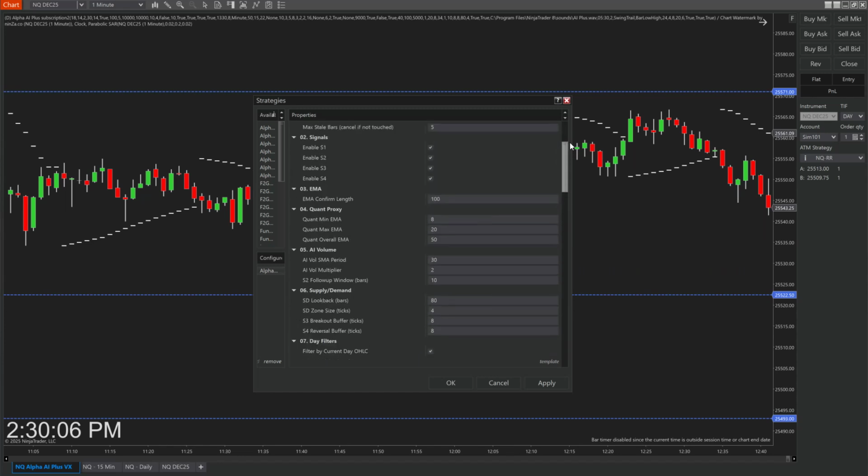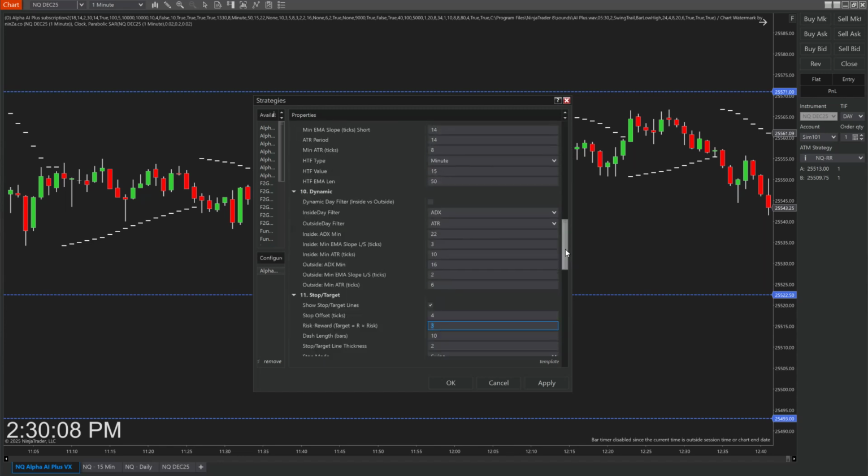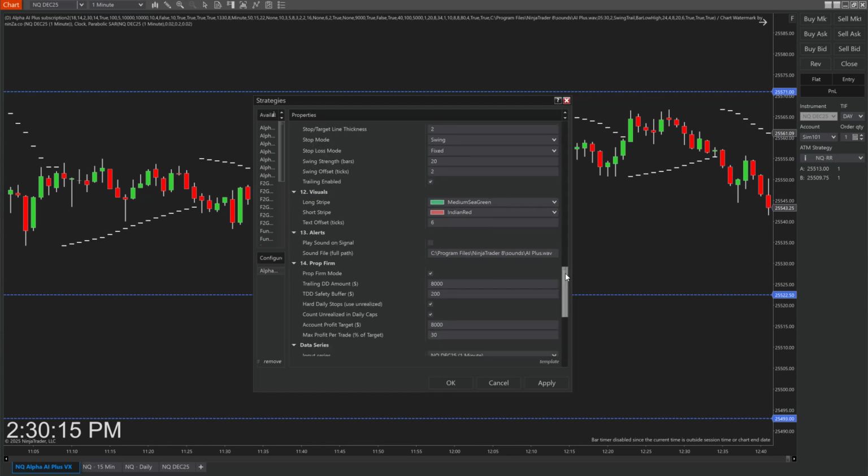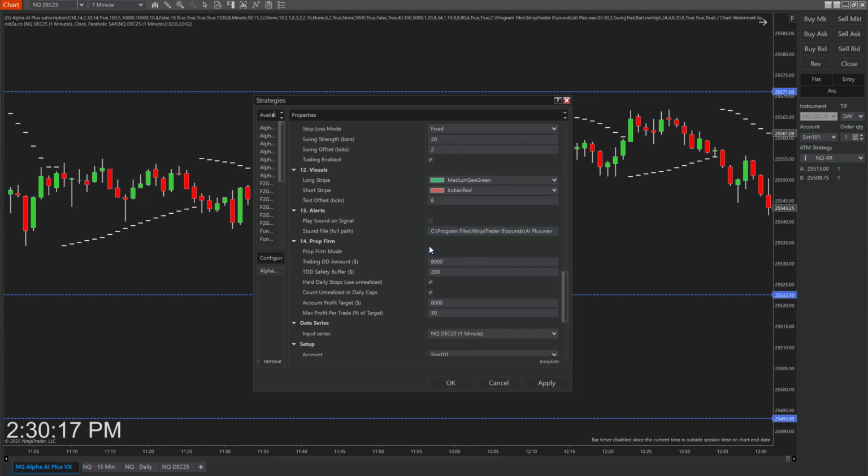How come my max loss per day is $1,000, and how come I never lose more than $900? That's actually the magic of the prop firm mode. Look at that. Here we have, and don't touch this, just keep it like this, a trailing drawdown of $8,000, a buffer of $200, and max profit per trade of 30%, which means,